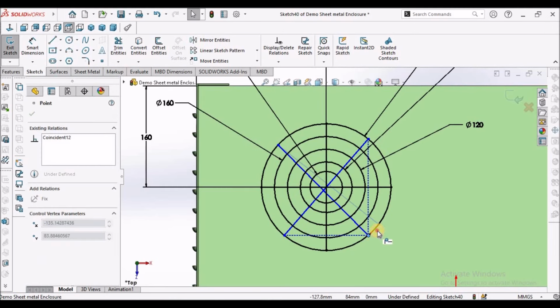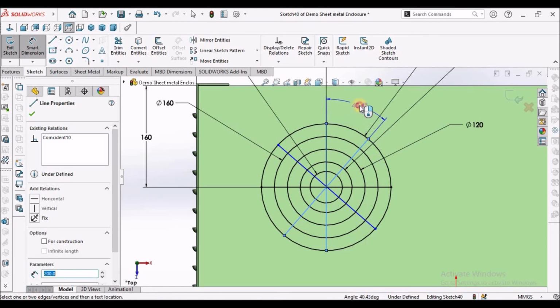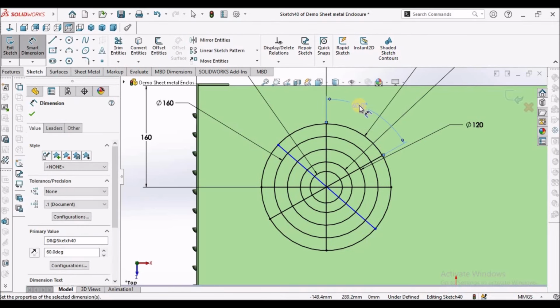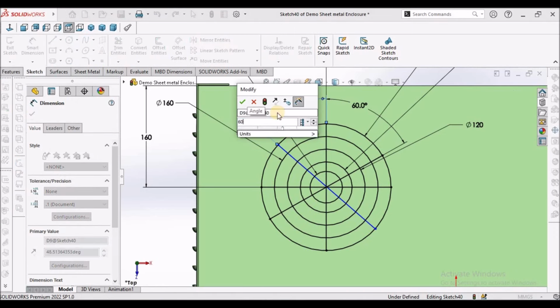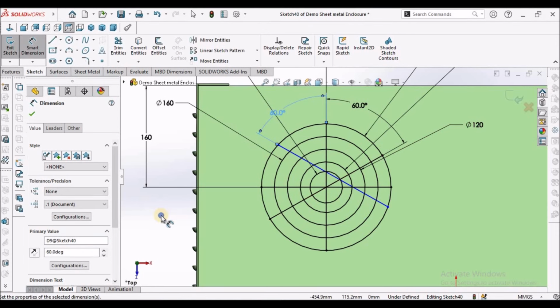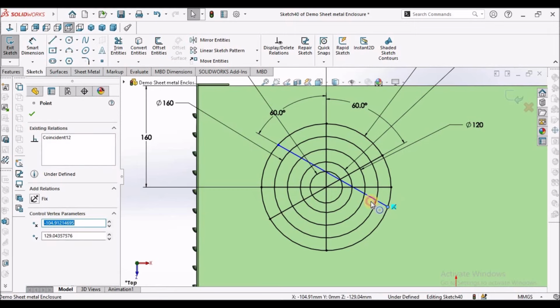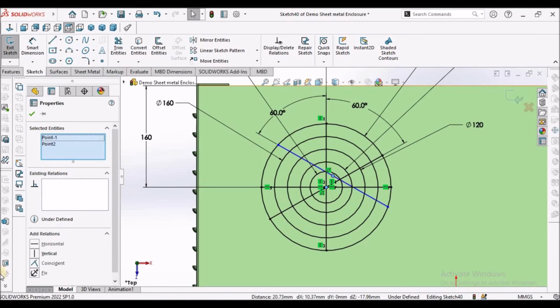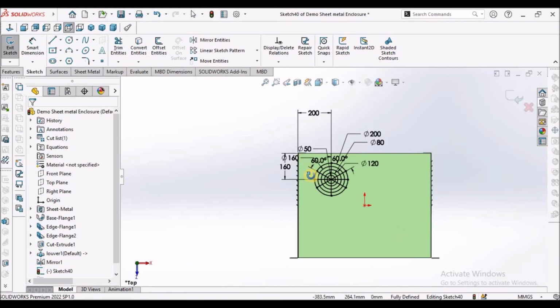We have to go inside this. This is 60. See, it should be exactly at the center. You have to coincide these two. So after creating this